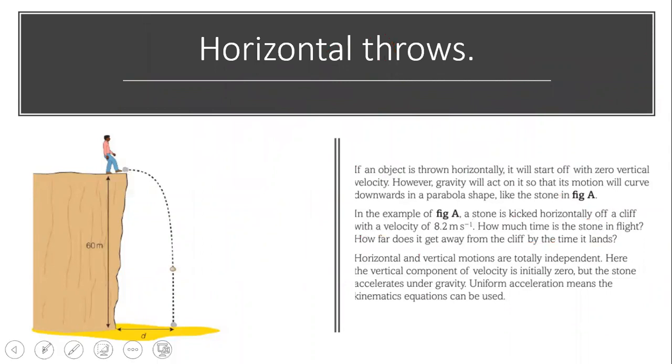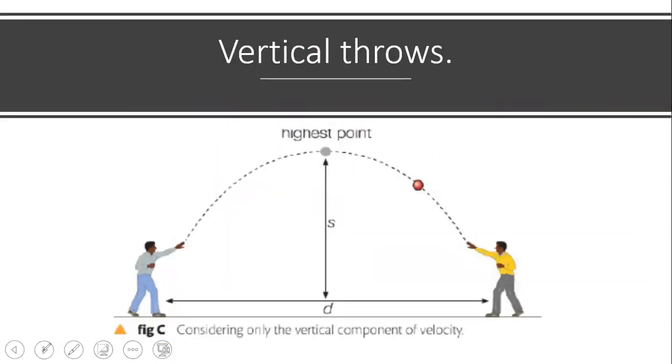Thank you. Okay, now let's talk about vertical throws. A vertical throw or a vertical projectile is like when you're throwing the ball up. In this particular situation, the rules are a bit different. How are the rules a bit different? First of all, your